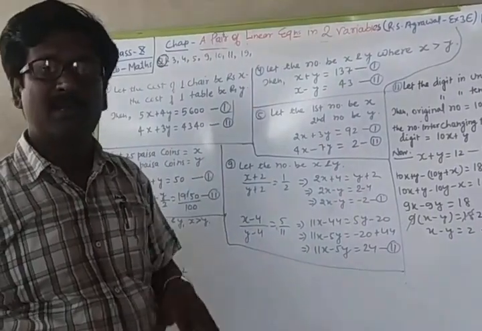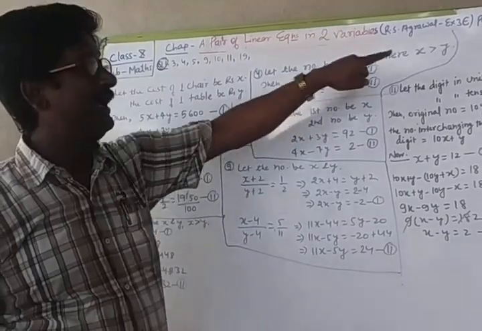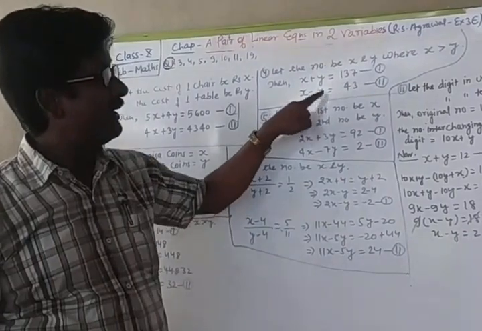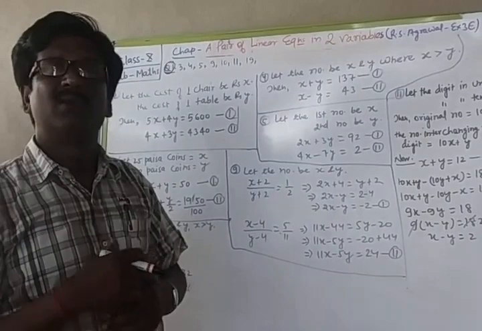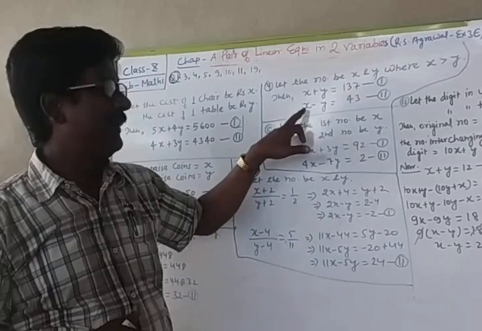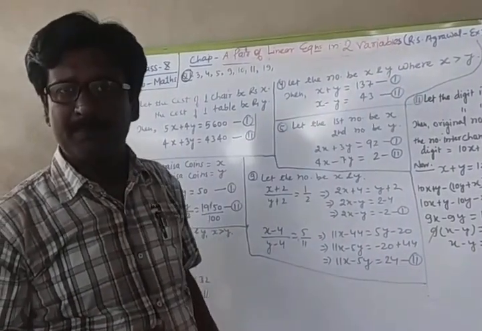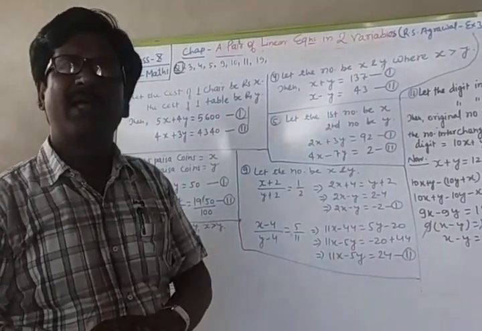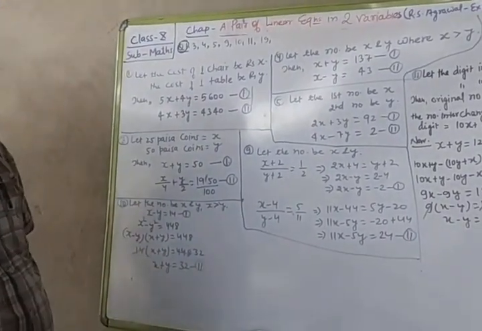So x minus y. Suppose someone will think, why not y minus x? If y minus x, it means y is greater than x. But I have made clear x is greater than y. So x minus y is equal to 43. If someone writes y minus x, it means y is greater than x. So first we make clear which variable is greater, and that variable must be written first. So this way we can solve. Once again, these two equations have been framed and now we have to solve, and after solving we will get the values of x and y, and then x and y will be the required numbers. Okay. Now see question number 5.